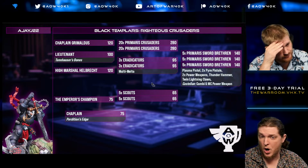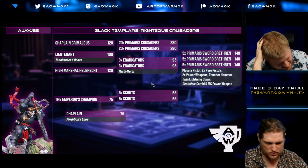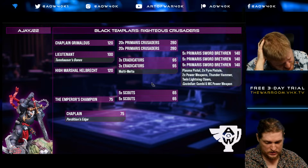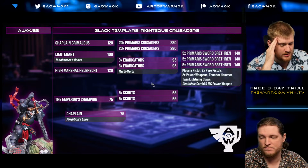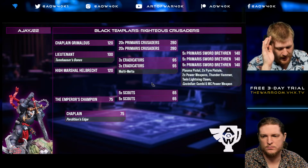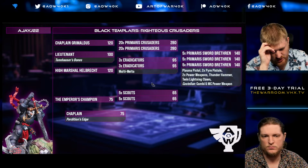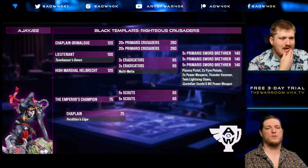The cheapest possible option is a 65-point Chaplain, correct? Not to say that that's what we're going to go with. I think he's 60? That is not expensive. Chaplain is 60 on the nose. Dirt cheap. Absolutely dirt cheap. And what does that leave us? So that would leave us, if we included just a basic Chaplain, 55 points. So obviously that's not getting us...